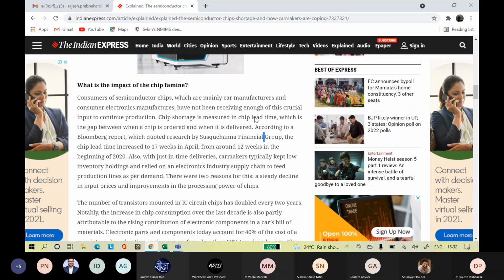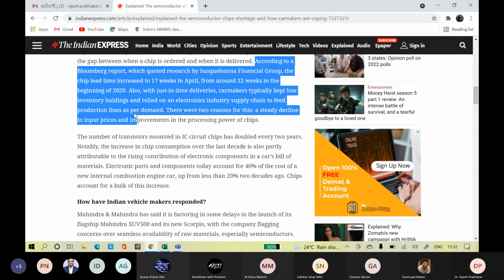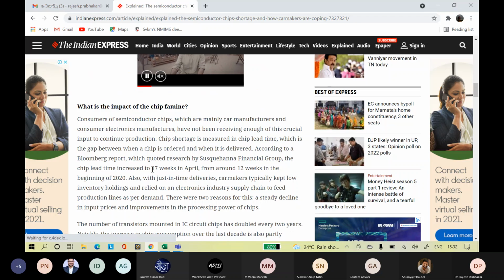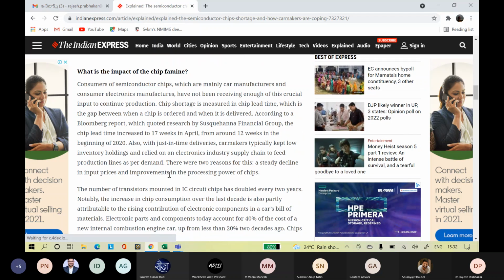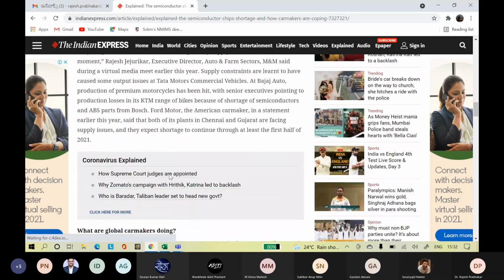According to a Bloomberg report, lead time increased to 17 weeks in April from around 12 weeks at the beginning of 2020. Lead time means you have to order a chip 12 weeks in advance. Now you have to do it 17 weeks in advance, so the delivery time got extended by 5 weeks. In April itself we came to know all this problem.